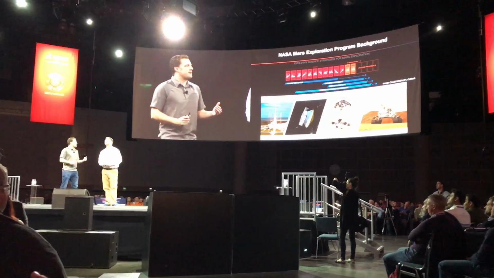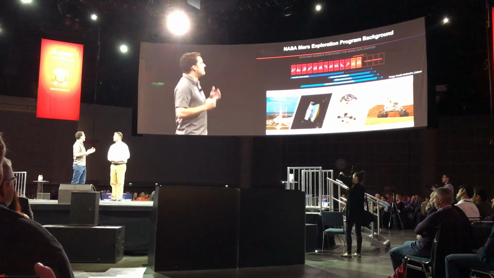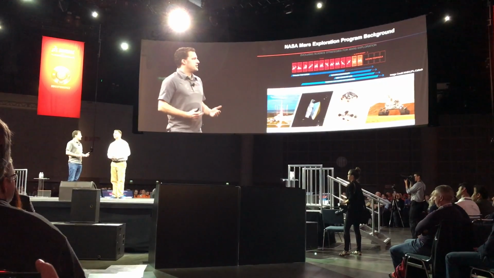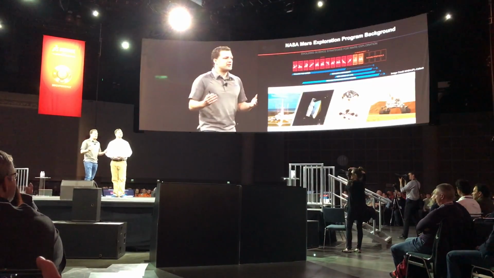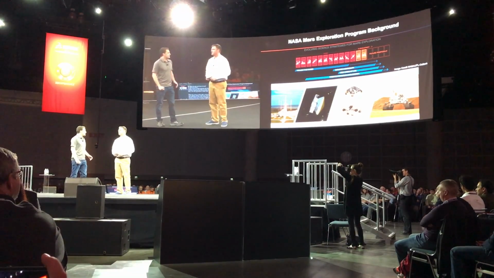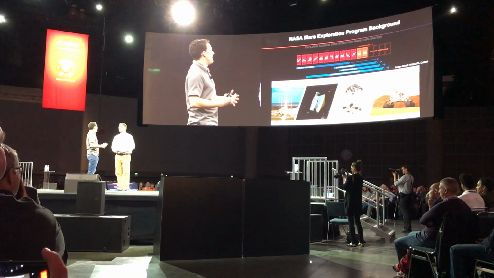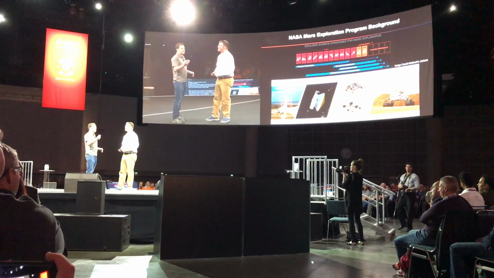To give you a little background, NASA has made the planet Mars a priority since the mid-90s. And they've had a lot of mission successes. The next one is Mars 2020. That's a roving mission on the surface of Mars. There's a lot that goes into a mission, from the launch, to the cruise, to the 7 minutes of terror as it enters the atmosphere, and then finally the multiple-year mission on the surface.